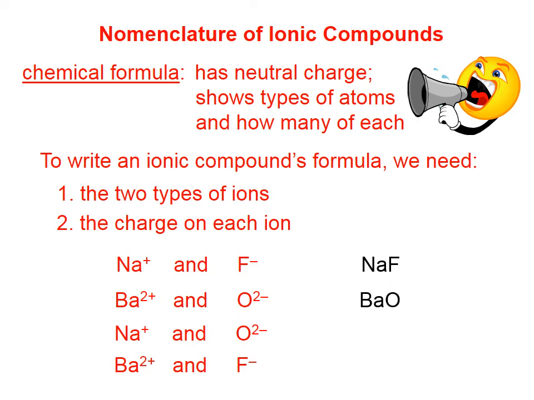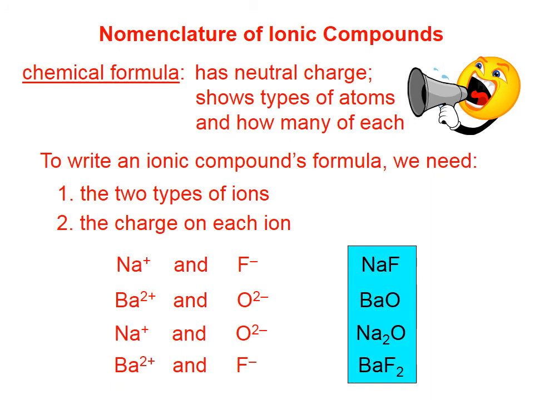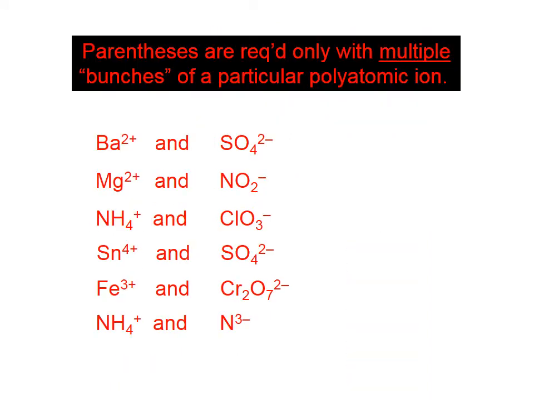For the next example, you can see that each Na is only worth 1+, while the O is worth 2-. So I need 2 Nas for every O. And in the last example, hopefully you can see I need 2 Fs for every 1 barium ion. Parentheses in a chemical formula are required only with multiple bunches of a particular polyatomic ion. So if we want to pair these up, we can see that the barium ion is worth 2+, this sulfate ion is worth 2-. So I need 1 barium and 1 sulfate ion. No parentheses, because I only have 1 bunch